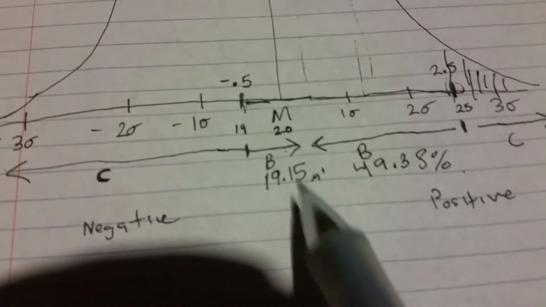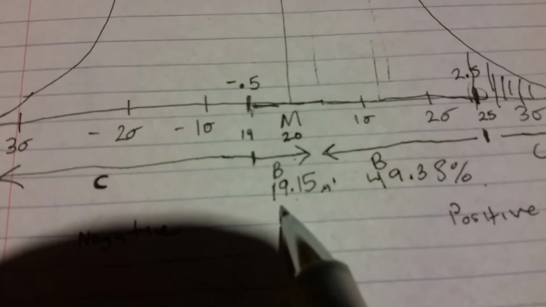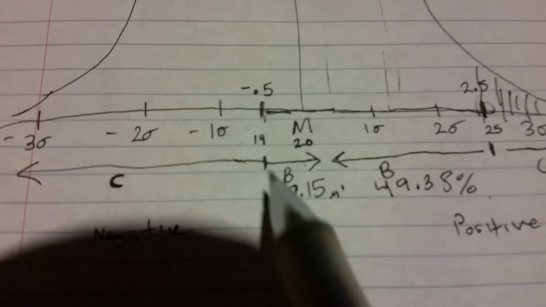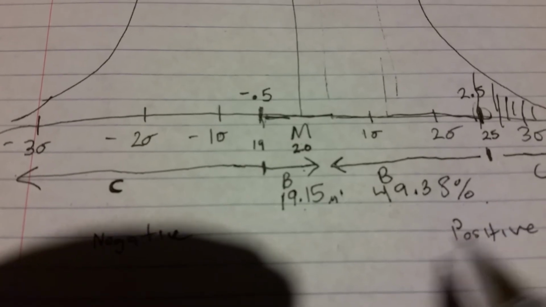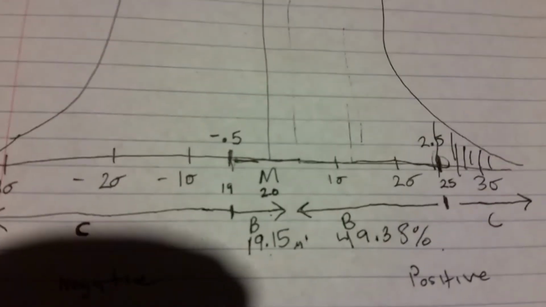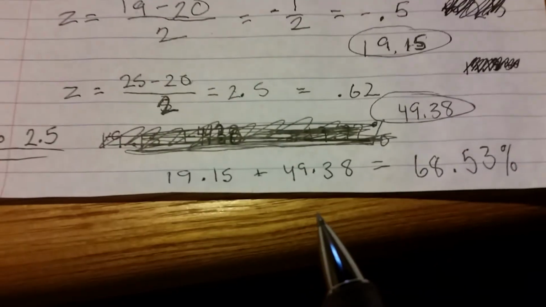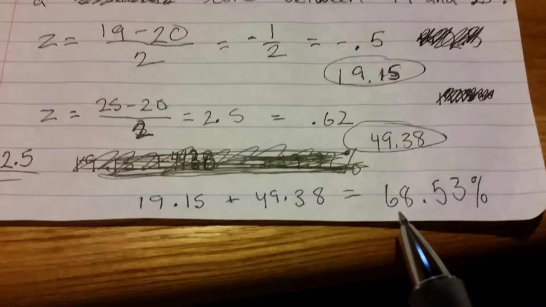So these are the two percentage areas that we are concerned with, 19.15 and 49.38. This whole area combined is the area that we are concerned with. So we need to add them together. So 19.15 plus 49.38 gives us a total percentage area of